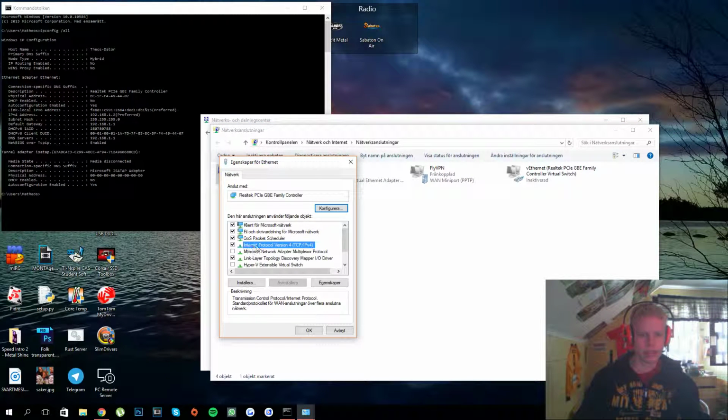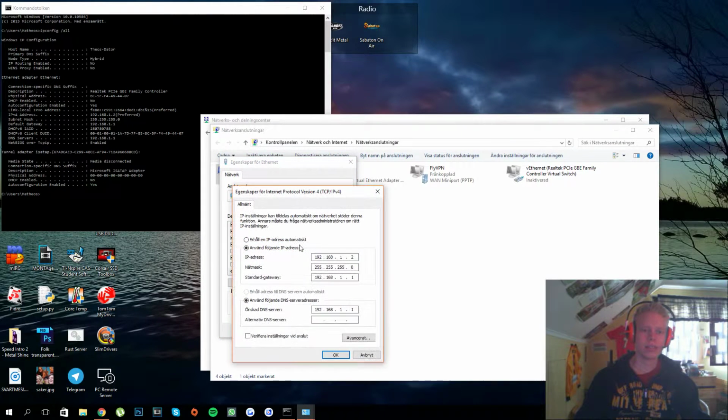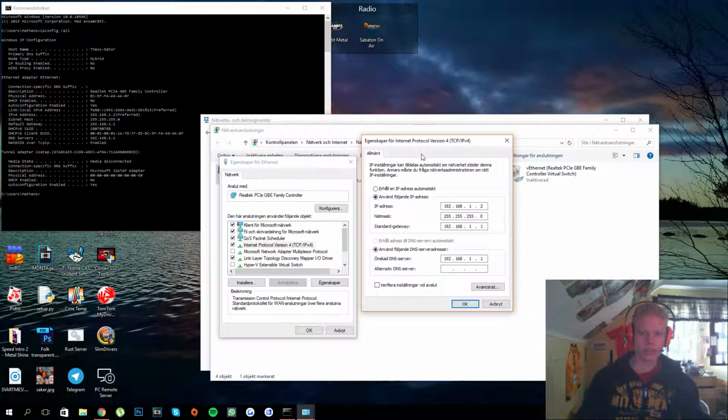and find Internet Protocol Version 4 (TCP/IPv4). Double click this text, don't check or uncheck any boxes here, just leave it as it is, and double click, and as you'll see, you'll be given a box like this. Yours will have these two checked probably, to be honest.